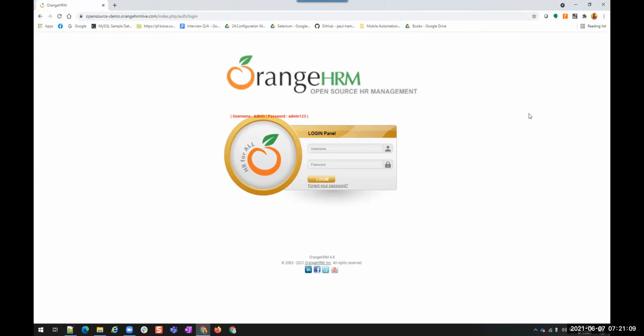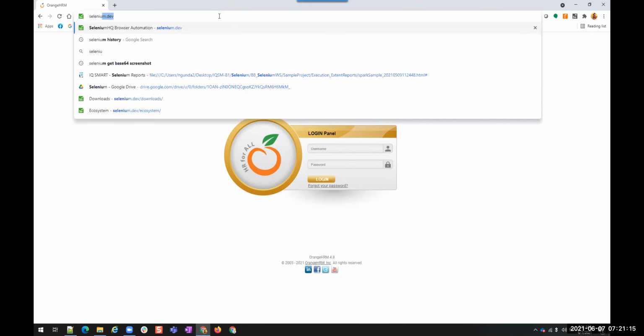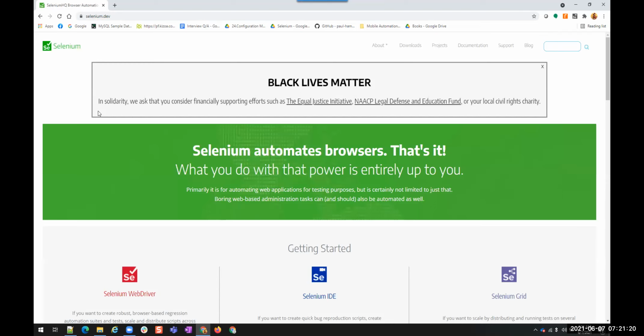Okay. Now let us see the official documentation of Selenium, selenium.dev. Whatever information you want about Selenium, you can go to selenium.dev. It has clear information about Selenium, including history, latest updates, downloads, and any questions. If you have any issues with Selenium, you can also request support. And if you want to read some information about Selenium and what's going on, you can go to the blogs. Okay, so you have everything at this place. This is the one-stop place for Selenium.